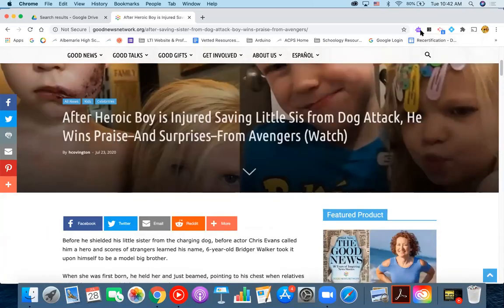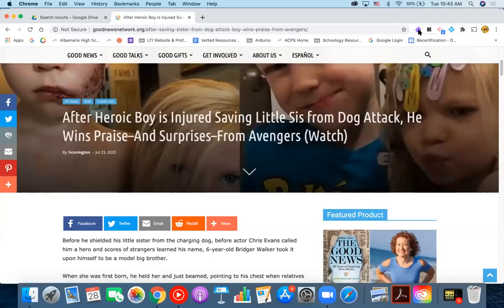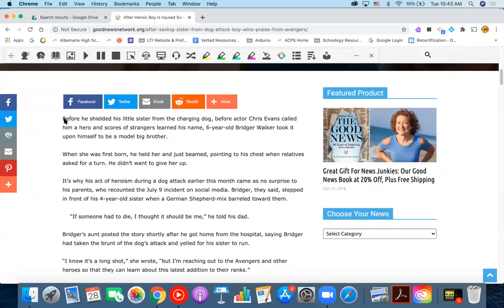We're going to do that by using our Read&Write tool. It's this purple puzzle piece at the top of my screen. When I click on it, it's going to open up a toolbar across the top of my screen. Maybe in a second, it'll pop up. Okay, it's there. So in here, we get all these different tools across the top, and I'm able to highlight